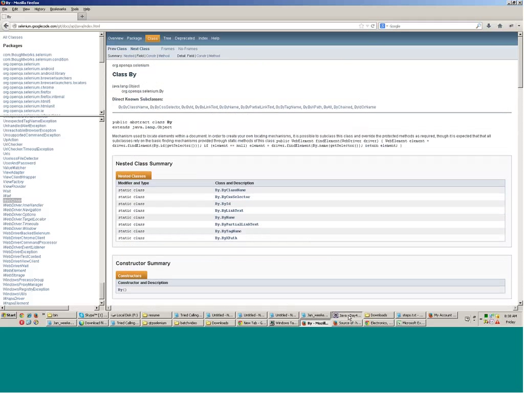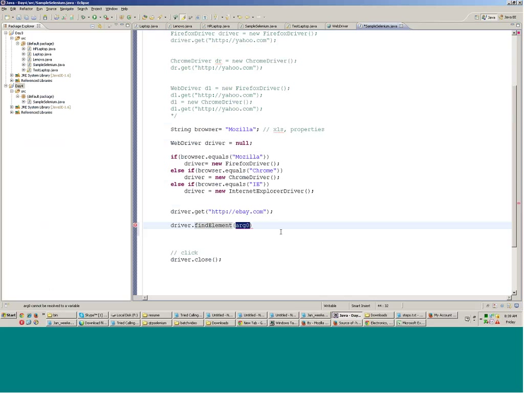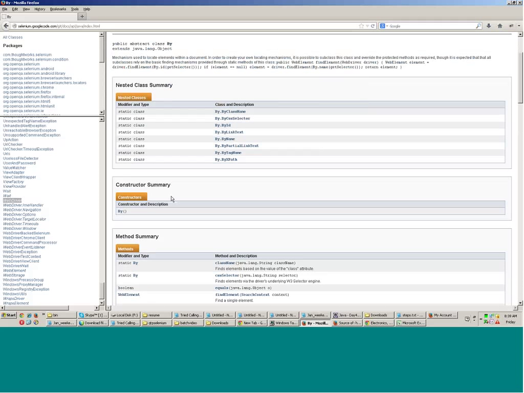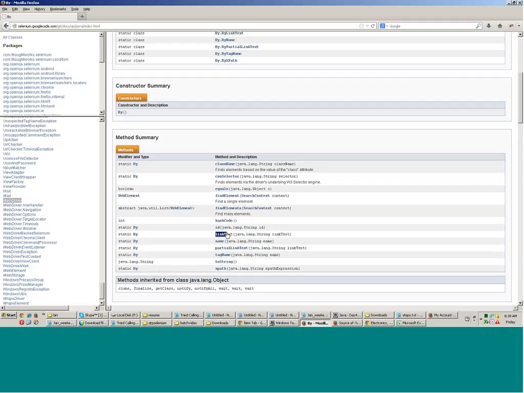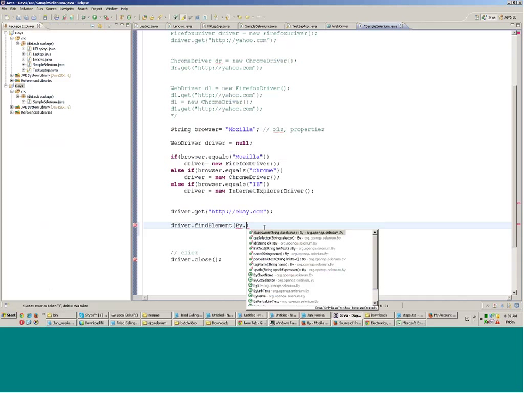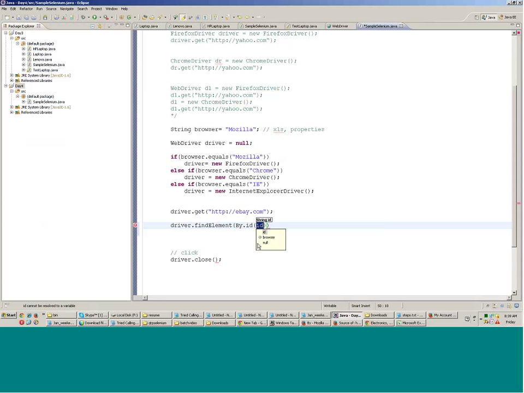Fine. So over here, when you write driver.findElement, you have to give the criteria. The criteria is decided by the By class. In By class, all these functions are static in nature. You see that? ID, these are functions. They are static in nature. So you can directly access them by writing By dot. How do you want to identify the object? I want to identify the object by the ID. And you specify the ID out here. That is, in case of eBay,